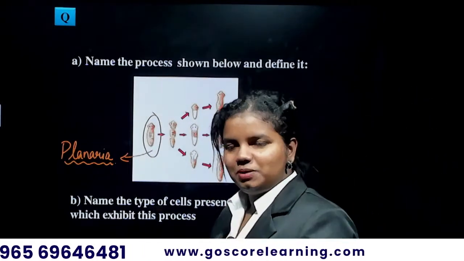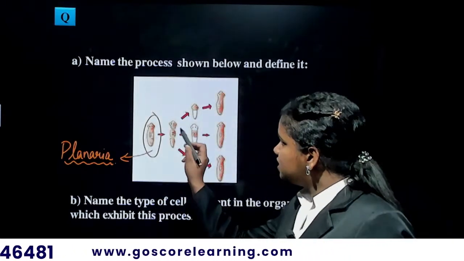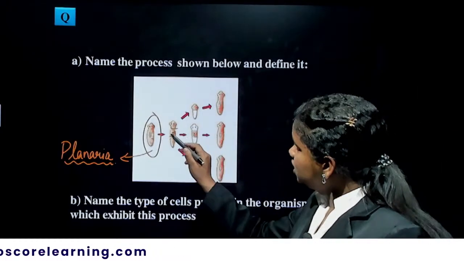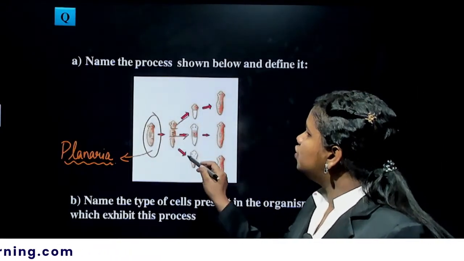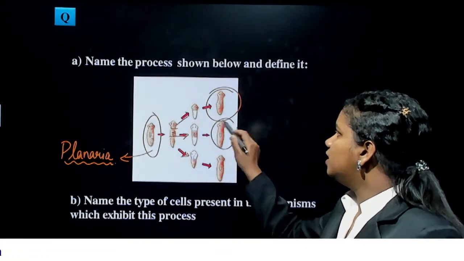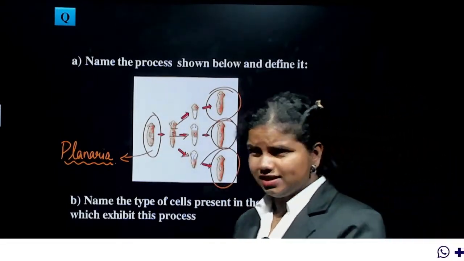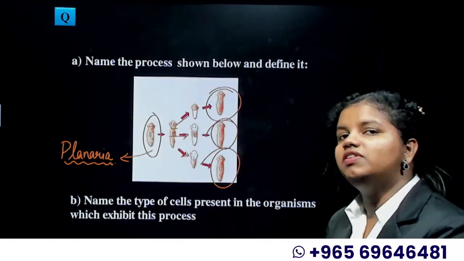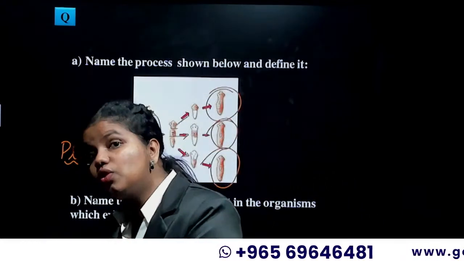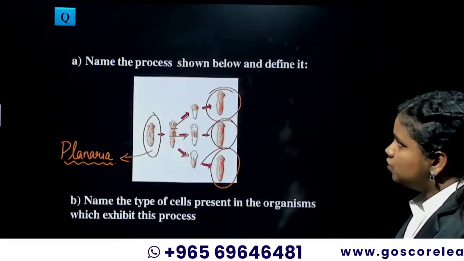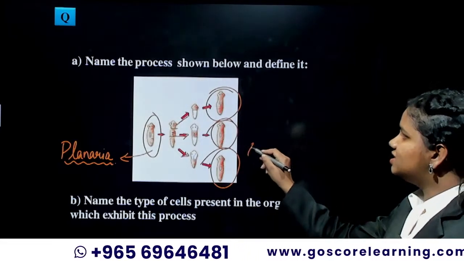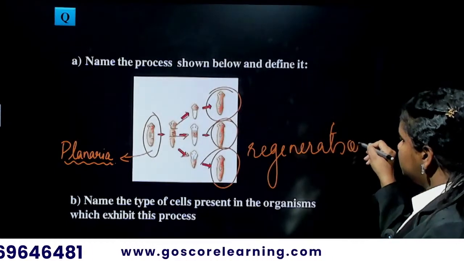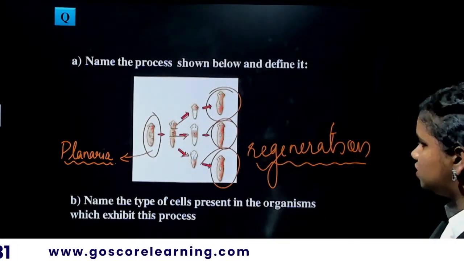Planaria has an ability that even if it is cut into two or three different parts, each of those parts can literally grow into an adult planaria. See, it takes a few weeks, it takes time, but still it can grow back. It never dies, it is growing back into a new organism. So the process shown here is called regeneration. This particular type of asexual reproduction is called regeneration, and this is another method of asexual reproduction out of the